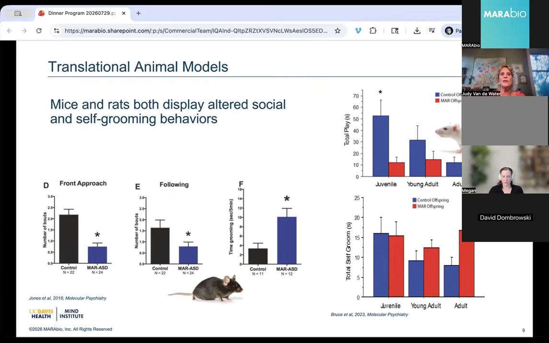So we see that these translational models, they display altered social and self-grooming behaviors. Self-grooming is what we can use as a proxy for repetitive behaviors in our clinical sample. By no means do we create an autistic mouse, because that is an artificial label. But what we do see is a reduction in their social behaviors, and we saw an increase in their repetitive behaviors. On the left is the mouse, on the right is the rat. And so it doesn't matter what the genetic background is of these animals. As long as we can break tolerance in the moms to these proteins, we can get the phenotype in their offspring. Next.